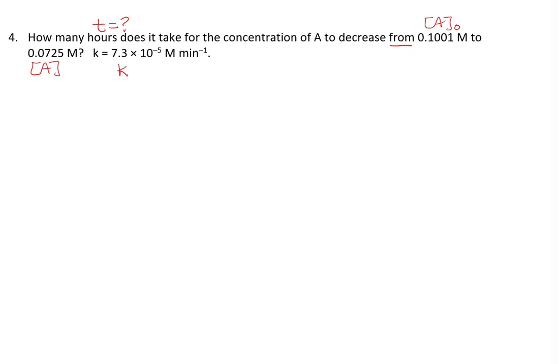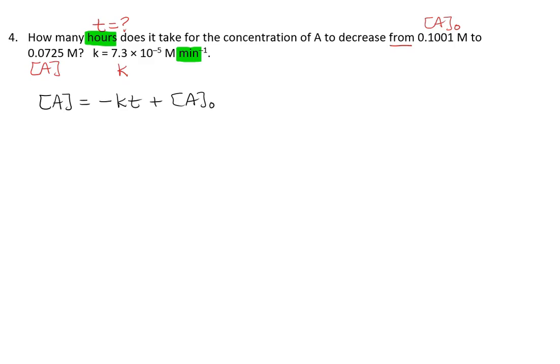One thing that you want to notice here is that the question is asking for time in hours, but the time term of our rate constant is in minutes. You have to have those aligned. They have to be the same. So at some point, you're going to have to do a conversion to get from minutes to hours. So we start with our linear form, the regular linear form. A equals negative KT plus A naught.